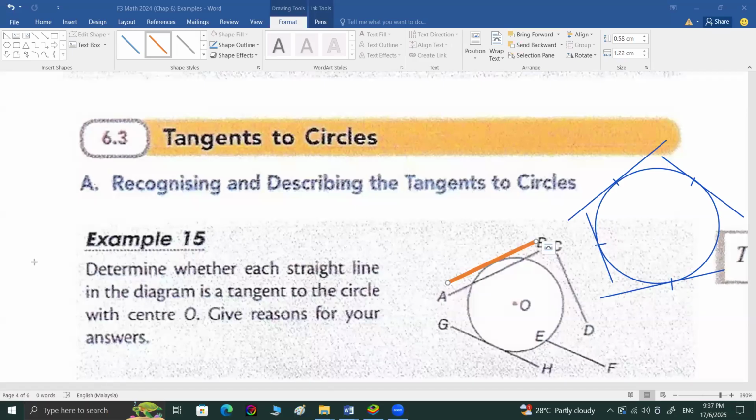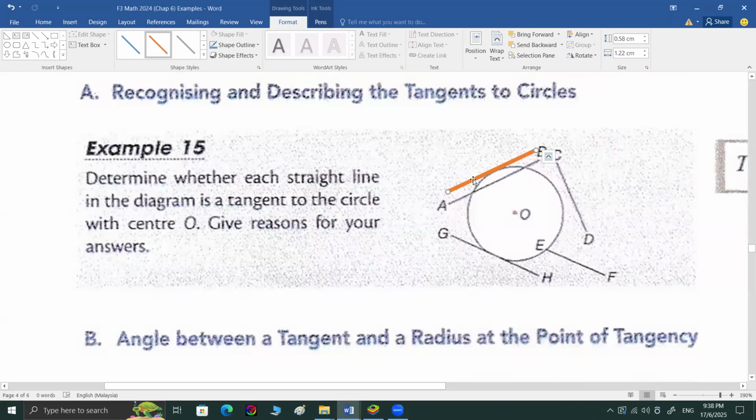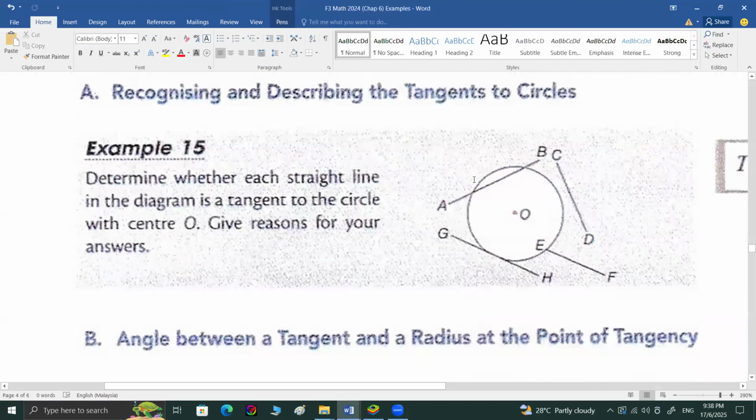Okay, next. So look at my example here. Which one forms a tangent? Which line forms a tangent here, class? Yes, GH only. Yes, GH forms the tangent. You are asked to give reasons for your answer. So how are you going to give the reason? First of all, I said AB, you said no. Then how are you going to give the reasons? You said that AB